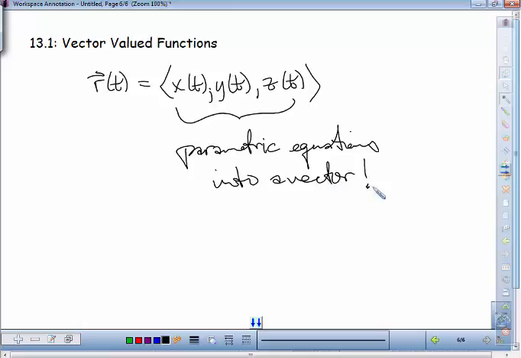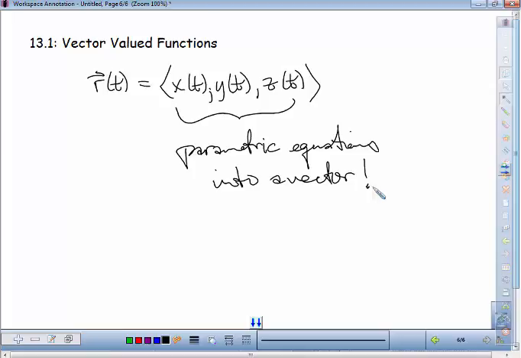Now we did parametric equations in two dimensions of x and y, but if we add a z to it, you got these parametric equations, and then you put them into a vector form like this,